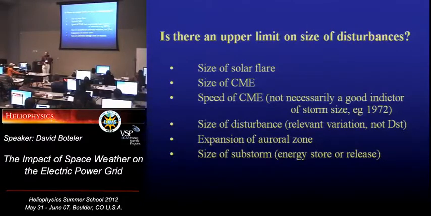And then is there a limit once the CME hits the Earth, all of the interaction with the magnetosphere, are there physical limits on how much energy can be stored in the tail before it gets dumped in and gives you a substorm? So are there limits on the actual size that you can get for a substorm?